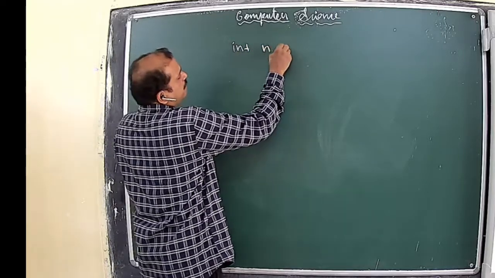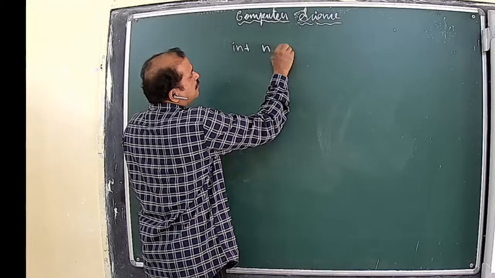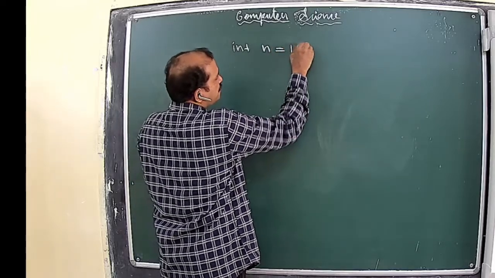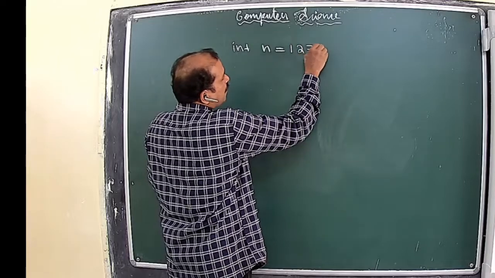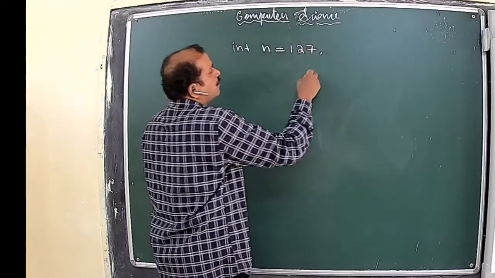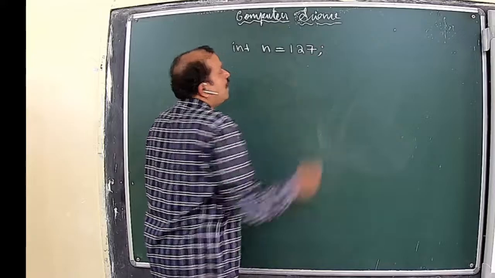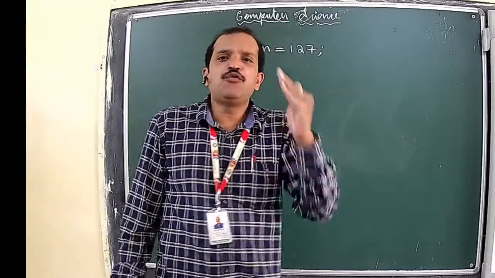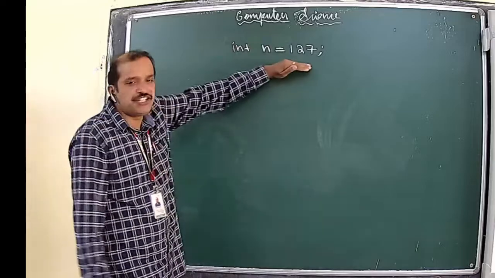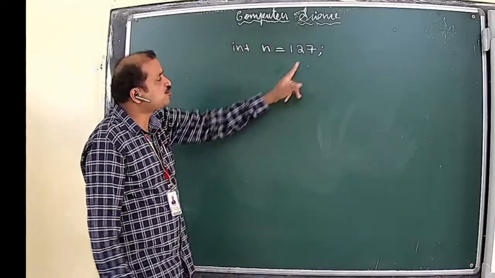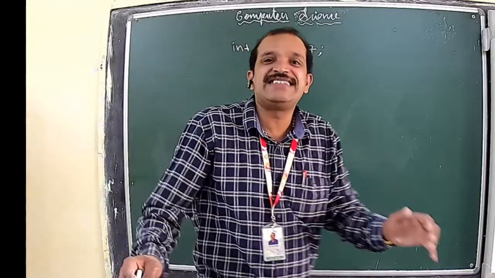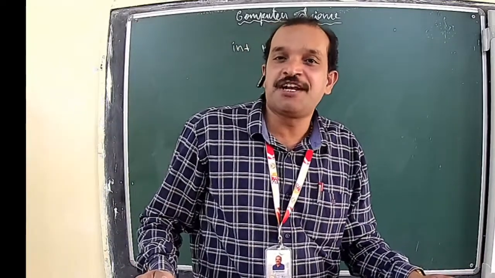Let us say that there is a number n which is initialized with a value, and now there are 3 digits. This is a 3-digit number, and it is possible to extract each digit from this number. That is one of the basic skills that you require for reversing a number also.